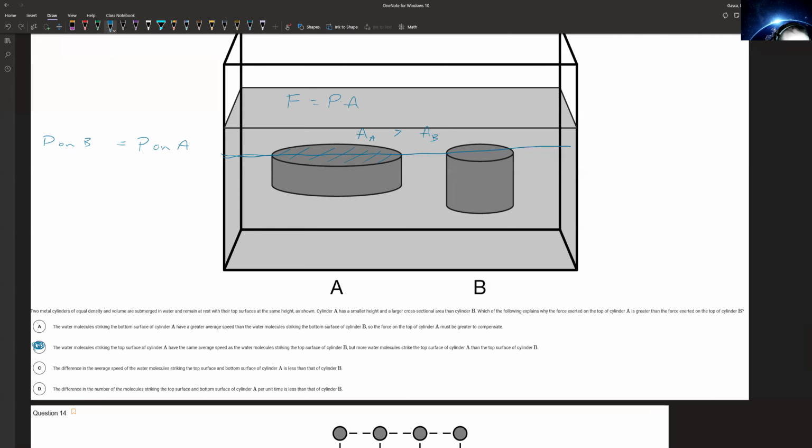Let's see here. The difference in the average speed of the water molecules striking the top and the bottom surface of A is less than that of B. This is a true statement, right? Because as we go deeper, the pressure increases. So I definitely agree that the pressure at the bottom of B is going to be greater than the pressure at the bottom of A. And while this is a true statement, I don't think that this explains why the force on top of A is greater. If anything, if it stays in equilibrium, then the force here